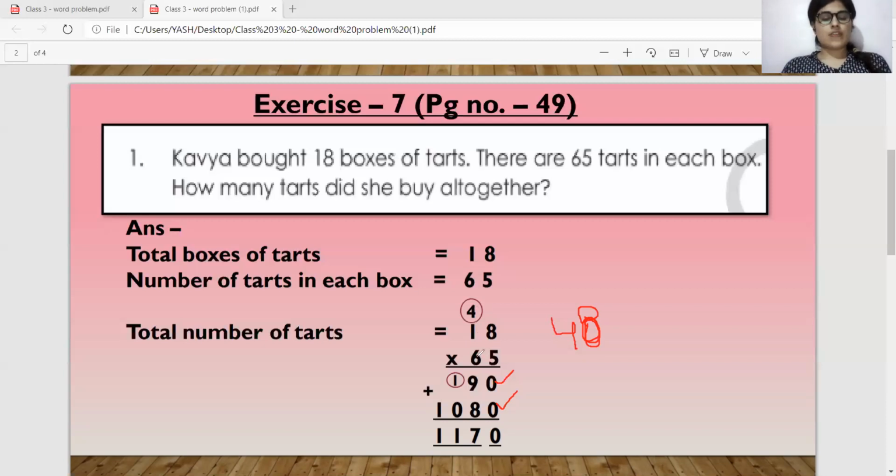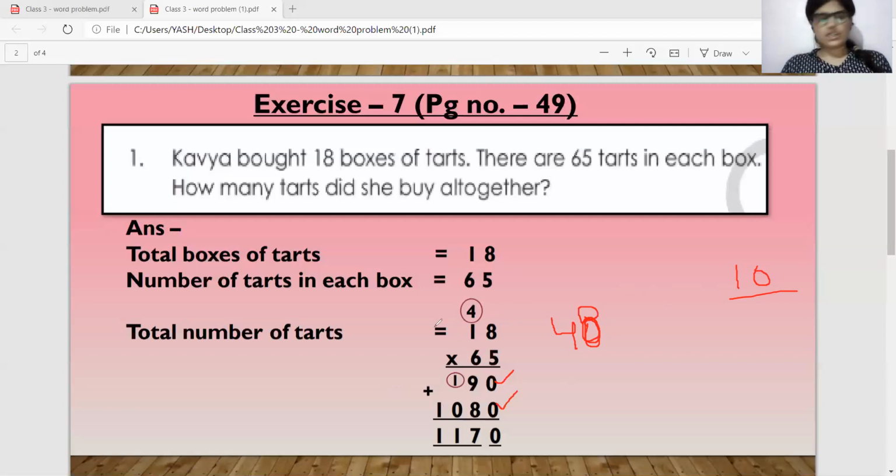Now we will multiply this 6, the tens digit, with 1, because we are done with 8. 6 into 1 is 6 and 6 plus 4 is, count, 7, 8, 9, 10. So right here 10. Why haven't we carried this 1 over to the next higher place? Because whenever we get a two-digit number, we always write 1 at the next higher place, because 1 is at tens place and 0 in the answer.